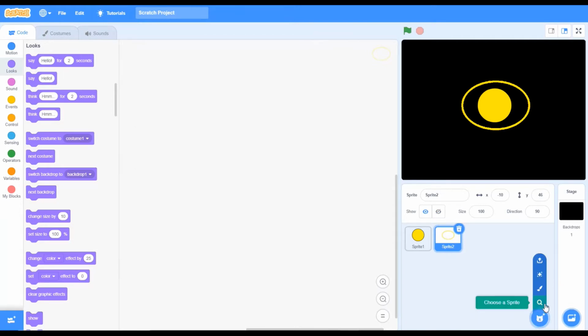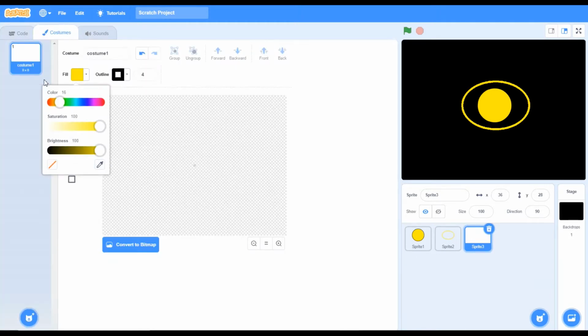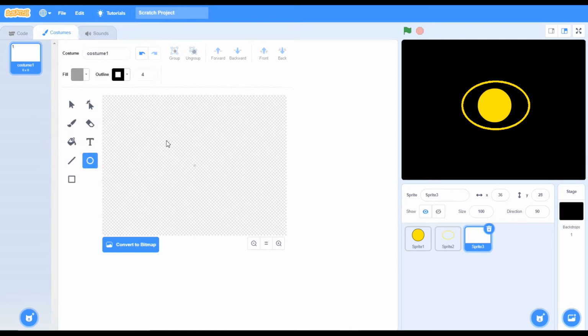In the sprite library, Mercury does not exist. That's why we will go to the paint option again, and this time we will change the color to maybe gray. Yes, let's create Mercury. Mercury is almost the size of the sun, but don't worry, we will change the size.